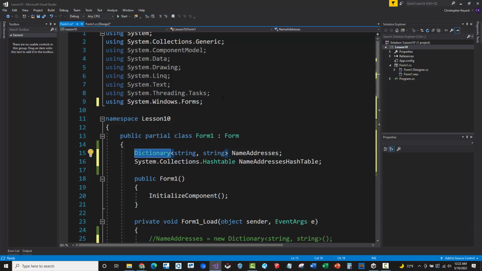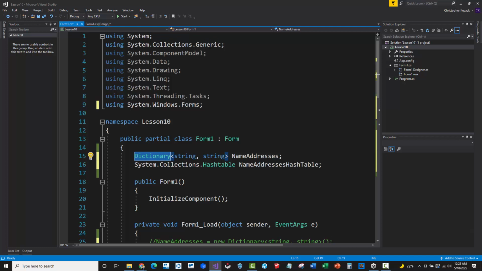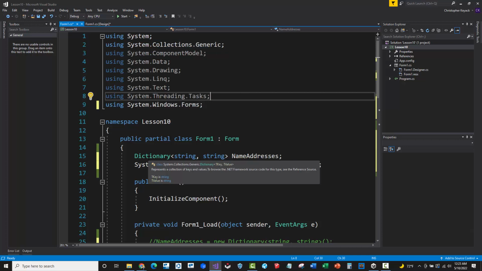But because the Tekla API implements some of these old methodologies from earlier .NET frameworks, it's important for me to show you this. When you create a new Windows Form application, by default, it calls out this namespace declaration for System.Collections.Generic. Things like Dictionary or List live in System.Collections.Generic. So when you look at the IntelliSense and hover over Dictionary, you'll see the full namespace path of the class library in the .NET framework that this type of object lives under,